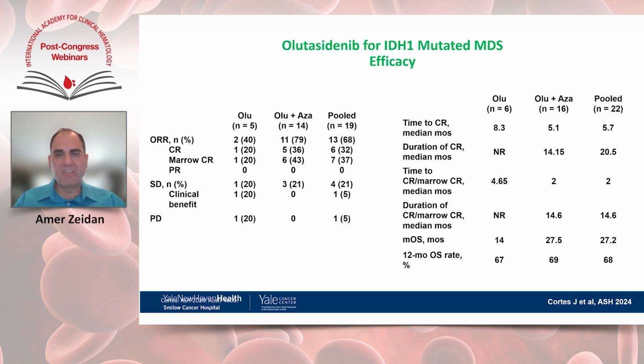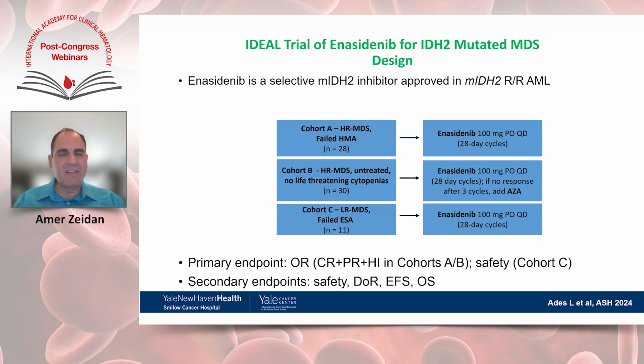So there were responses, as you can see here, and the survival also looked good, but it's a single-arm study with a relatively small number of patients, but certainly with a CR rate of 20% and with the combination of around 36%, it seems this is a reasonable option. So to my eye, it doesn't look much different than ivosidenib, and I think it's reasonable to try to use it, similar to ivosidenib, in MDS with IDH1 mutation, although it doesn't have a label for it. But with either drug, it's important to monitor for differentiation syndrome the same way you do for acute myeloid leukemia.